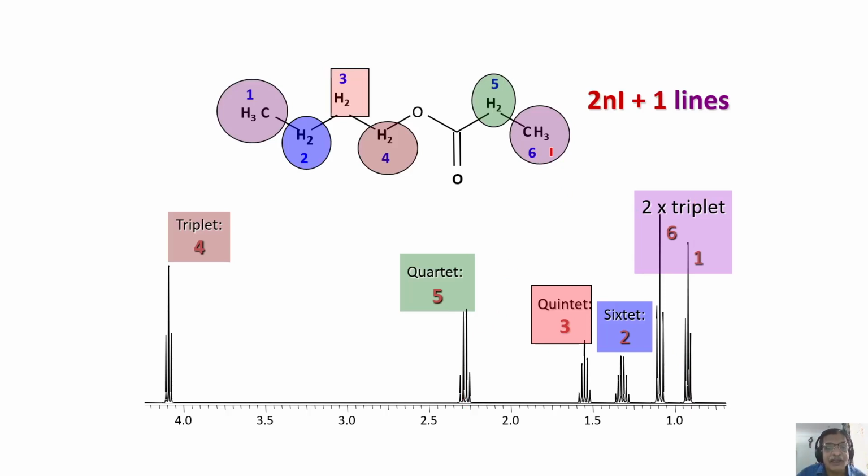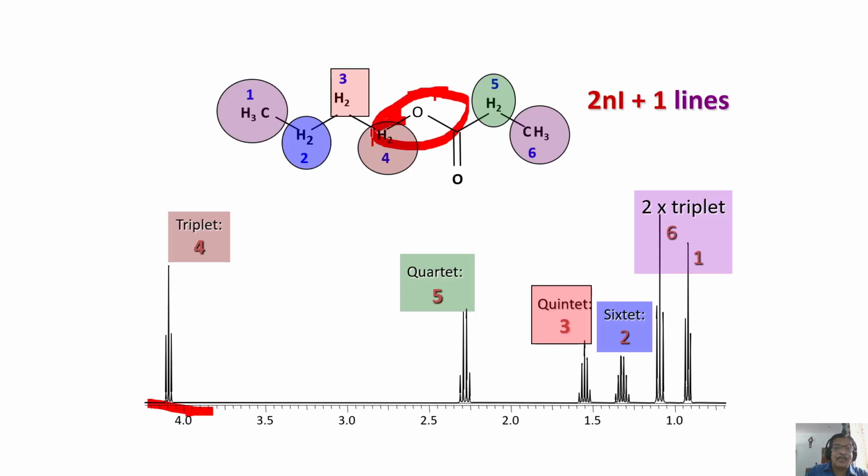Now you got the point. How to make the assignment? It is a very simple molecule. It was deliberately chosen because you can see all possible multiplicity patterns except doublet: triplet, quartet, quintet, sextet, everything was observed. Looking at the multiplicity pattern and their complexity and the chemical shifts where they are coming, you can easily assign. Of course, you can use chemical shift information. When this CH2 is attached to this O, it has to be downfield. That also you can utilize.